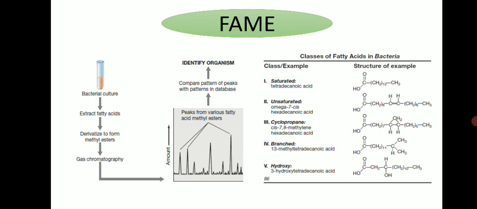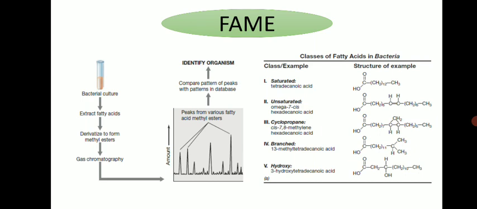So simply by comparing the lipid content or fatty acid content of different microorganisms, we can identify many species of bacteria. The main limitation of this technique is that we can use it only for culturable microbial communities. So first we have to extract fatty acids, then convert them into methyl esters, and these methyl esters are analyzed by gas chromatography, and this gas chromatographic data is compared with the database. And we can finally identify which type of microbial species is there.